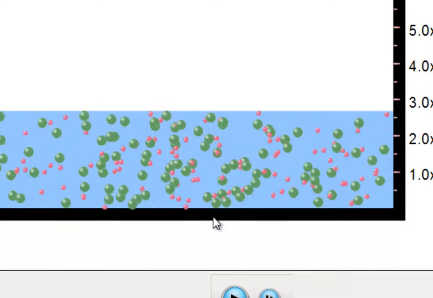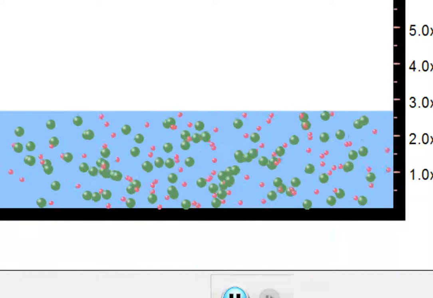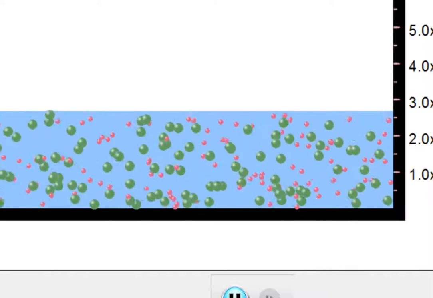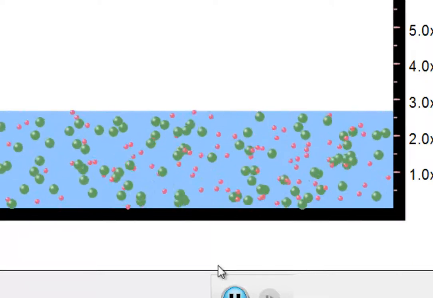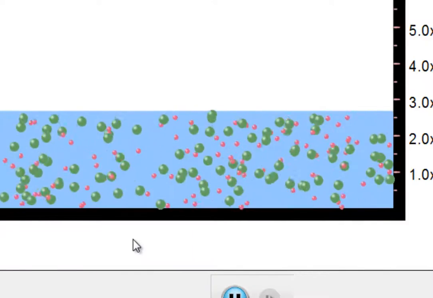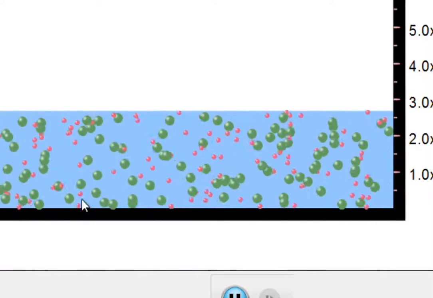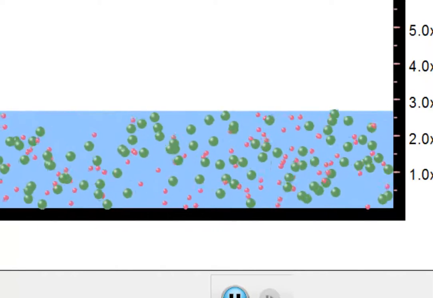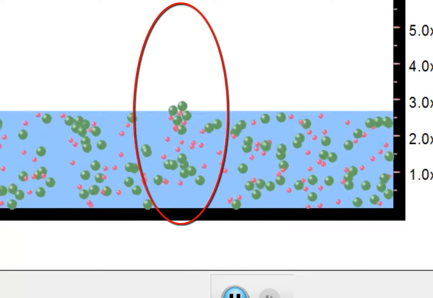Okay, let's try this. I'm going to declare that I see a little bit of a solid right in here, but as I'm playing it, I'm seeing that for the most part the solid seems to be breaking up. But the other thing I notice at this point is we seem to be just about at the saturation point. I do see what I would call microcrystals, just temporarily forming and then unforming. If I add a little bit more sodium chloride,